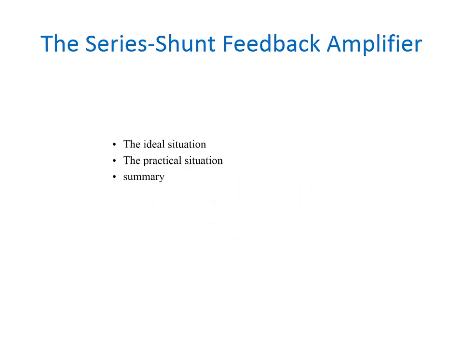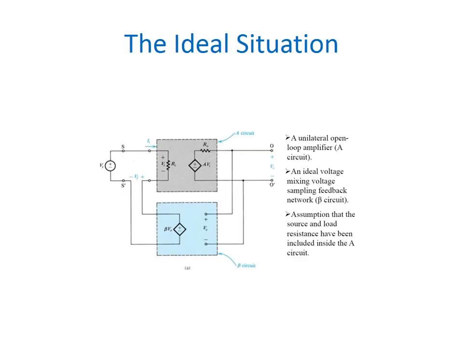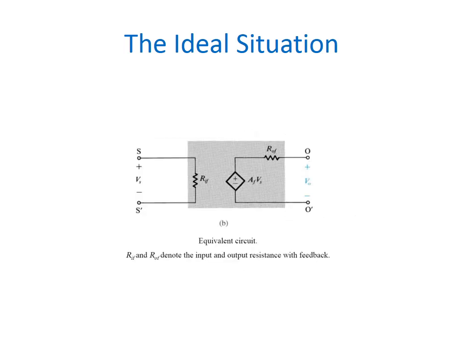Now we are going to see elaborately about the series feedback amplifier. Say this is the ideal value for a feedback amplifier. Here the unilateral open loop amplifier can be called the A circuit. An ideal voltage mixing voltage sampling feedback network can be called the beta circuit. Here we are going to assume source and load resistance to be included in the A circuit. So the corresponding equivalent circuit is given here with the RIF and R0F